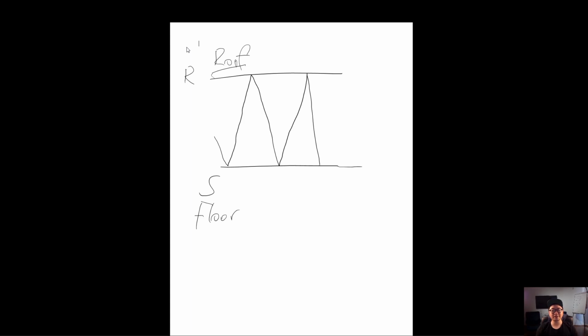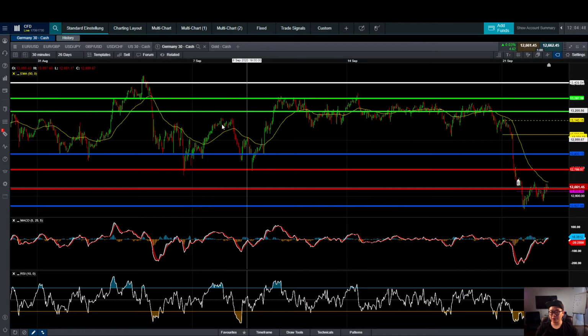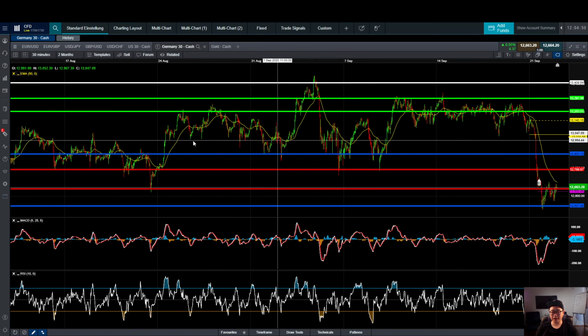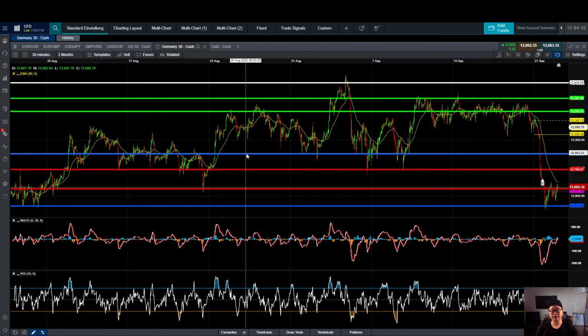So we need the floor to stand on and the roof to have over our heads, so we don't get rained on, you know what I'm saying? That's why we have certain areas that we draw in, the support and resistance, okay? The roof and the floor we draw in. And sometimes the floor becomes the roof and the roof becomes the floor. That's why it gets a bit complicated, okay?